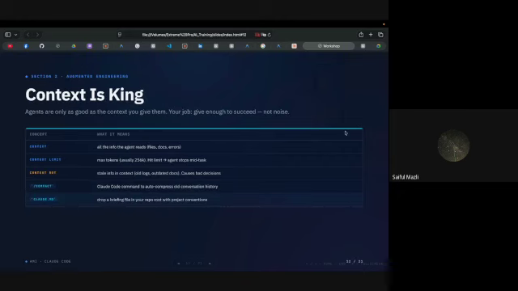The first thing you will learn is context is king. Now, context is what you tell the model in order for it to do its job. So the agent or the AI is only as good as the context you give it. If you don't give it enough context, it will not be able to do what it's supposed to do.